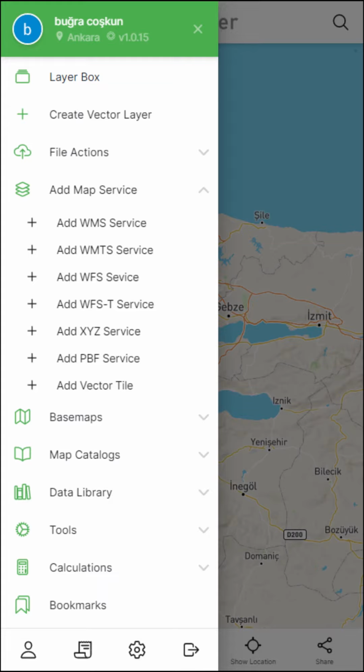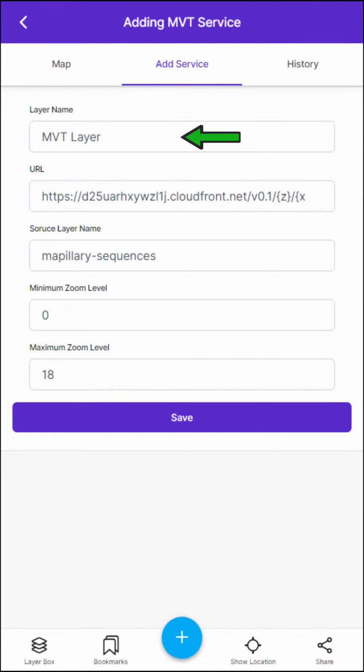Adding a vector tile service. In this tutorial video, you will learn how to add a vector tile service. When we click on the Add Vector Tile button from the Add Map Service menu in the left menu, the layer name, URL address, minimum and maximum zoom level, and source layer name information is filled in, and the Save button